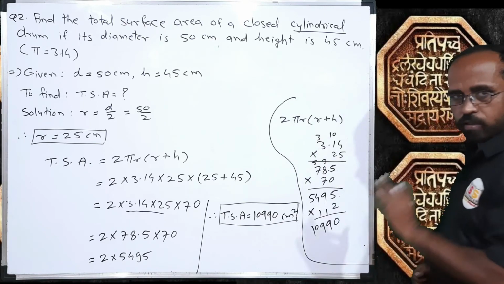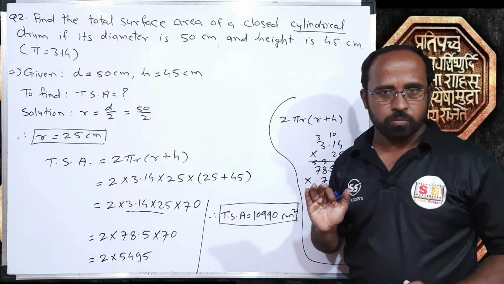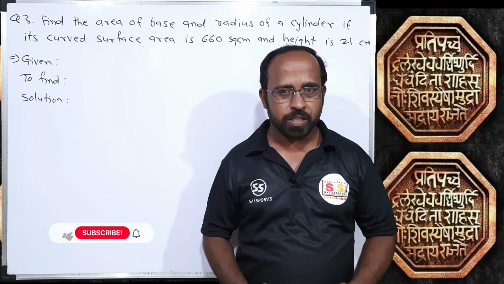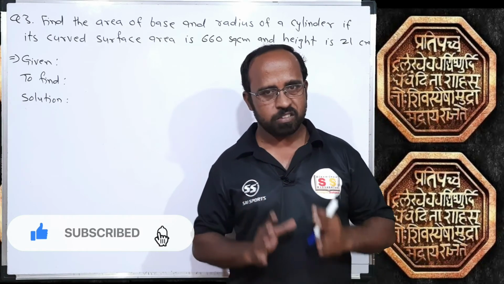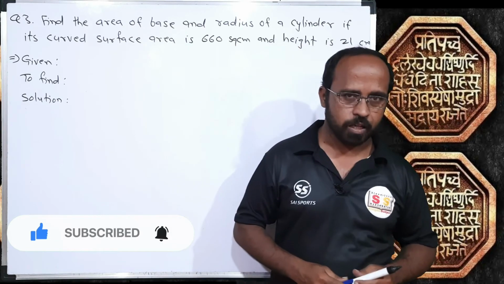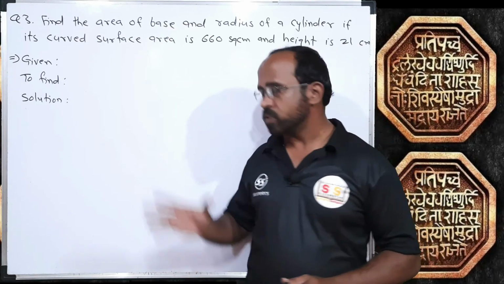This is the rough part. Okay guys, so please note down the example as I have to write question number 3 on the board. Students, next question is question number 3 from practice set 16.2. Lesson 16, Volume and Surface Area, standard 8 of Maharashtra State Board. So let us see what the question is.